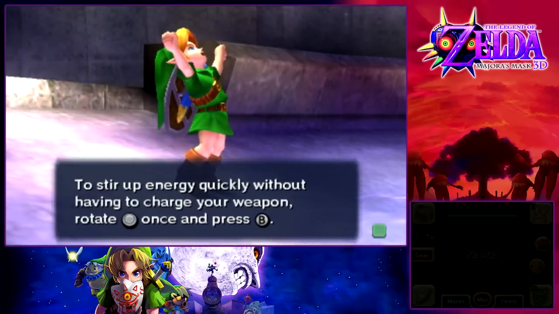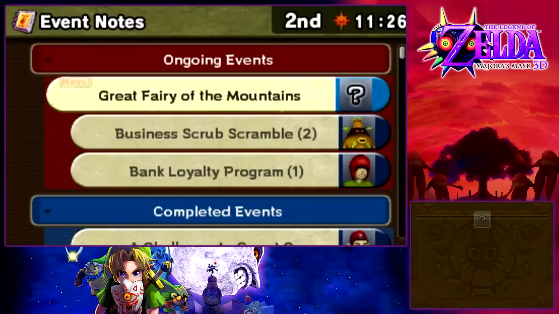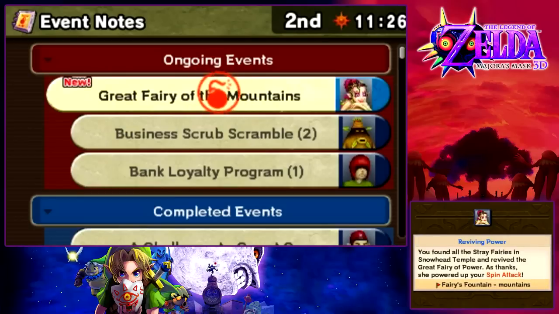I've been in a lot of Zelda games, you know what it does by now. Not the most practical attack, but it has a couple of uses, and the Great Fairy of the Mountains has,